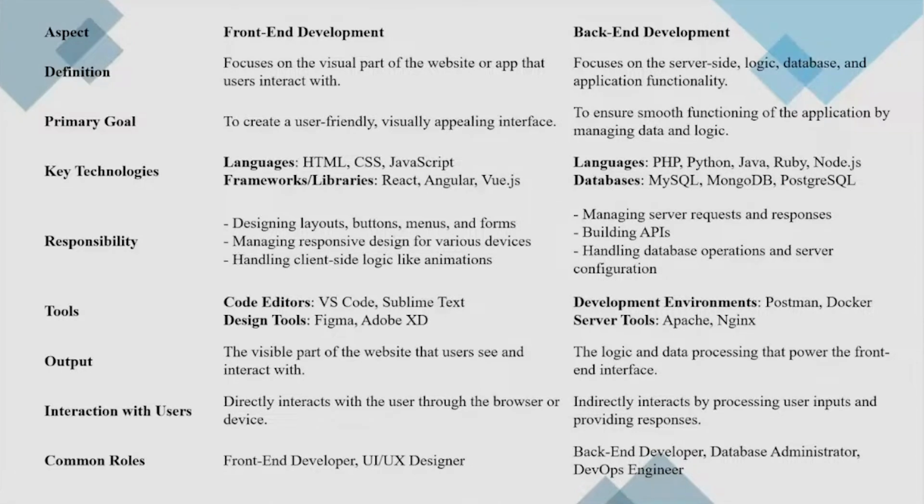Okay, so what we need to do, we need to use a service called an application programming interface. That needs to be built, and only those particular APIs will be accessed by the front end developer. So handling the database operations, we call them CRUD operations: create, read, update, delete operations that we need to handle on the database. Okay, so the code editors are VS Code, Sublime Text, Postman, and Docker to test